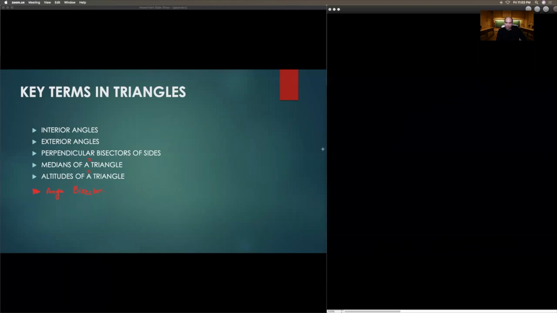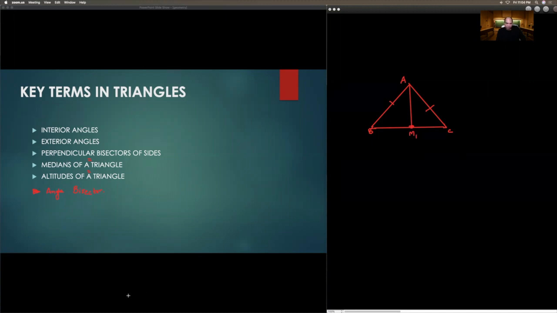So on an equilateral triangle, you will see that the perpendicular bisector, I mean, if you think of this as the triangle ABC, where AB, BC and AC are all equal to each other. And if I look at this point as M1, the midpoint of the side BC, then the line I've drawn here,